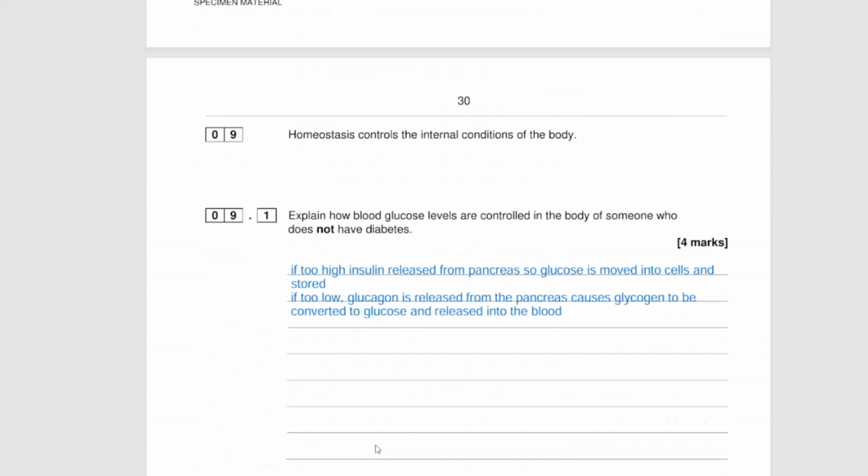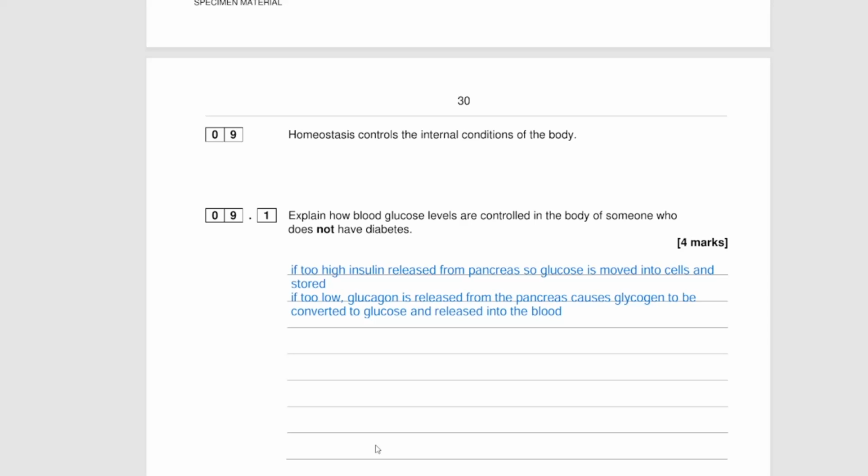Homeostasis controls the internal conditions of the body. Explain how blood glucose levels are controlled in the body of someone who does not have diabetes. If the blood glucose levels are too high, insulin is released from the pancreas, so glucose is moved into cells and stored. And if the blood glucose levels are too low, glucagon,